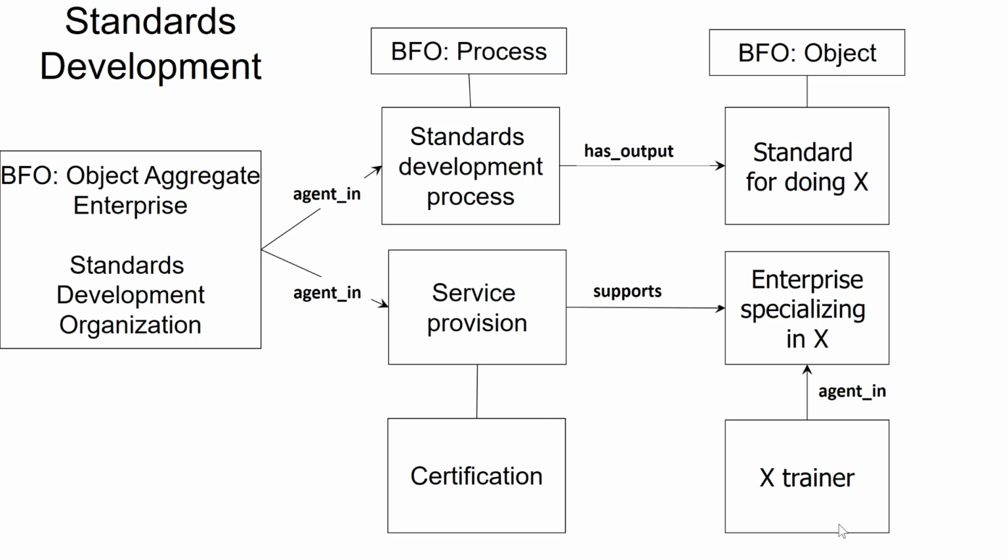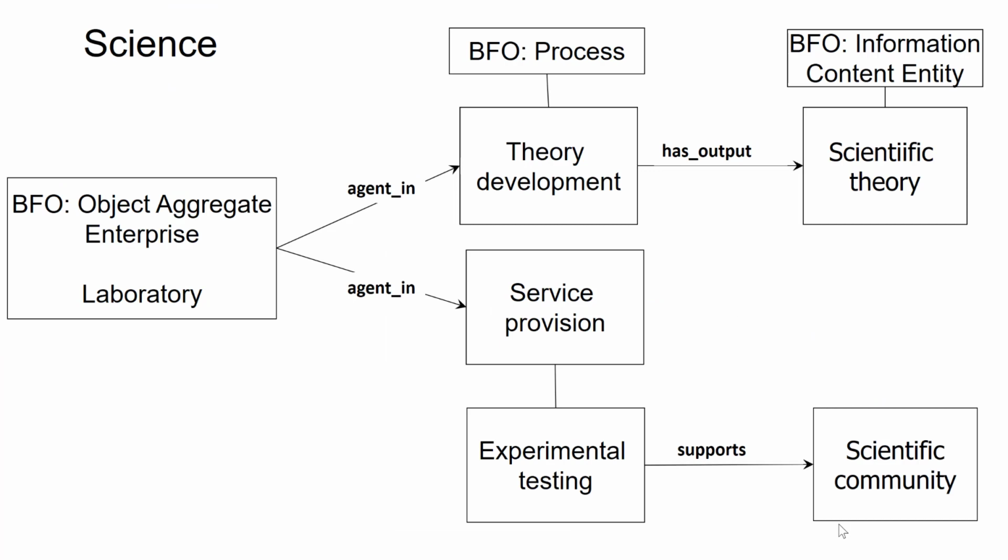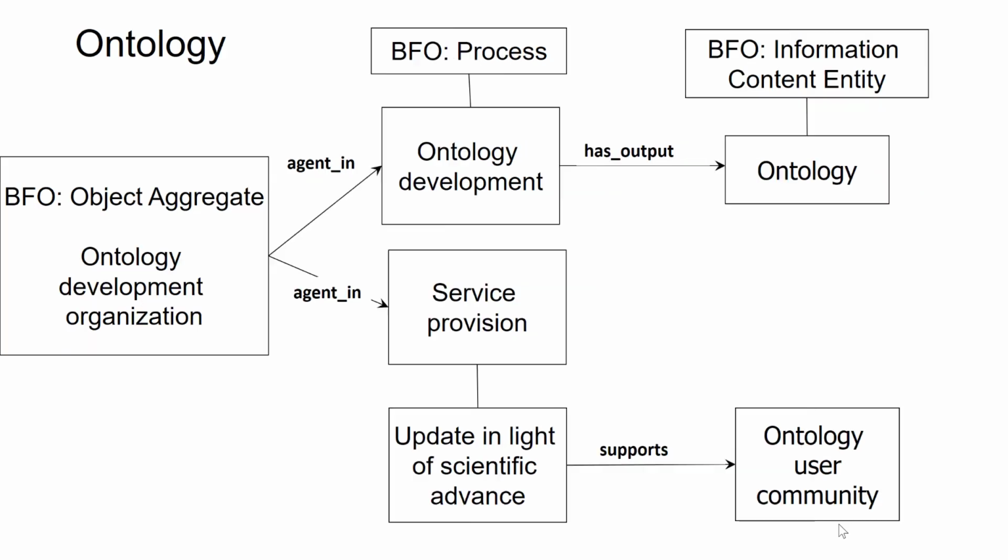And then science itself is a product service industry. The products of science are theories, and the services are testing those theories in experiments. Another service is training people who will be the next generation of scientists. And then finally, ontologies. The product is an ontology, which is a digital product, and the services are things like update in order to support the scientific community. And now, to see how this works for the closed loop,